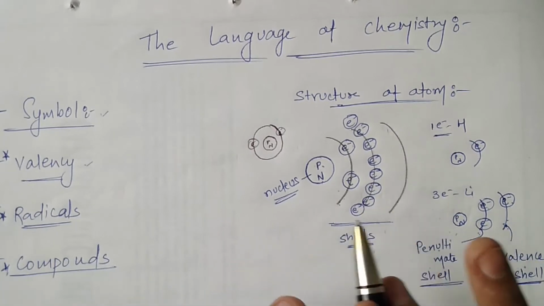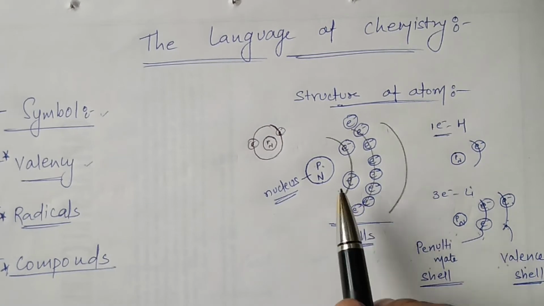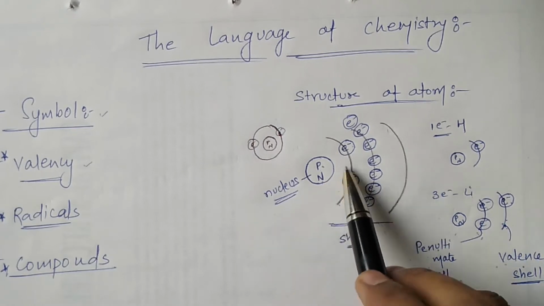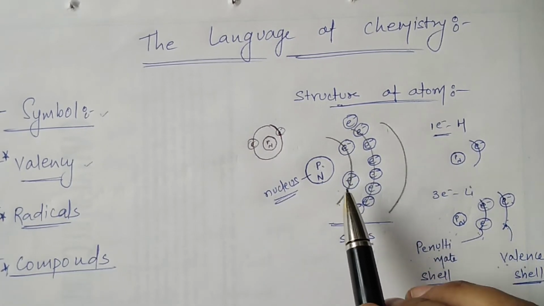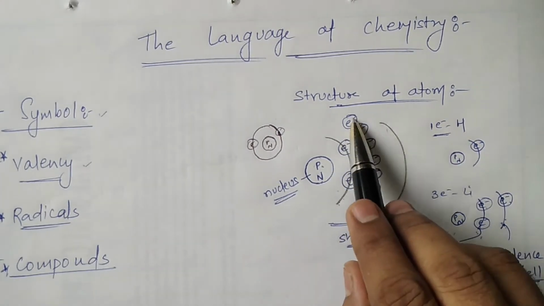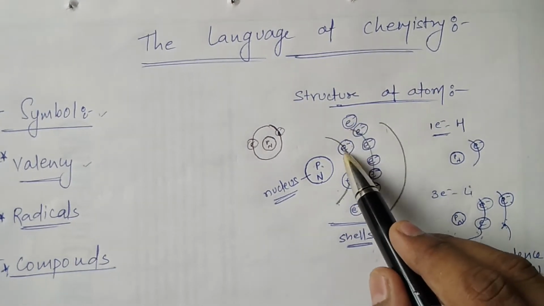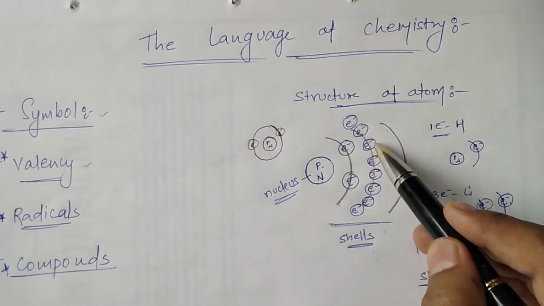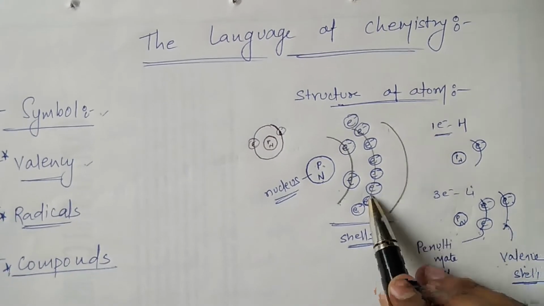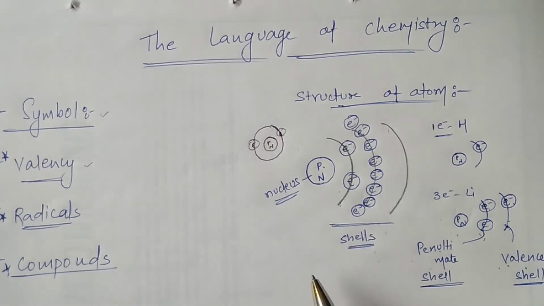So, I'll take only 2 shells to make your task easier for understanding the rest of the part of the atom. So if we take the two shells, the first shell can accommodate a maximum of 2 electrons. Now if it accommodates a maximum of 2 electrons, then the third electron will reside in the next shell. The next shell can accommodate 8 electrons. So after 1, 2, 3, 4, 5, 6, 7, 8, 9 and 10, once this shell is over, then we can consider that this forms the electronic configuration of a noble gas.